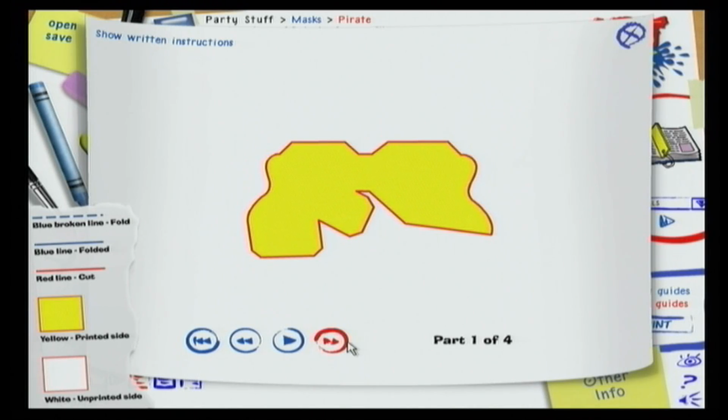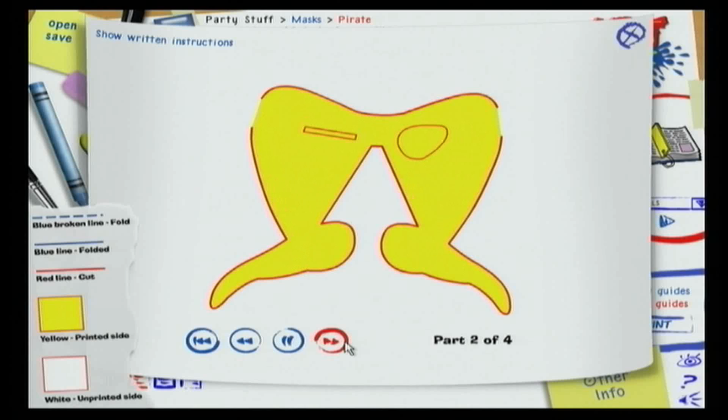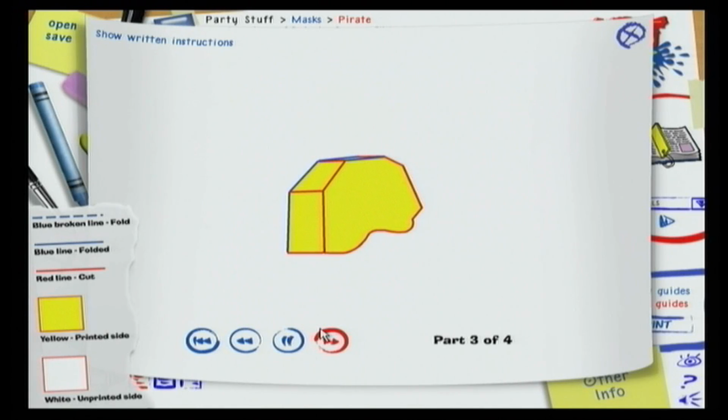I presume those tabs are just to give extra strength. I don't know why you need to stick them down, but anyway, maybe you could actually use those and put an elastic band around it and tie that around the back of the head rather than the actual sort of headband that they've shown. Well, it's a very uncomfortable looking nose. It's funny, isn't it? Some of these animations, this one's got 4 and the elephant only had 2. They seem just as complicated, but...